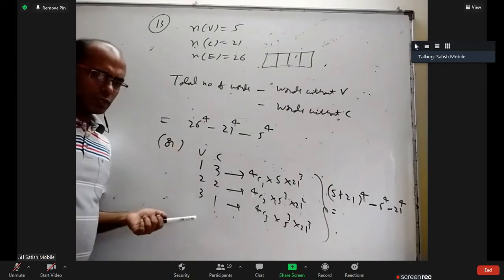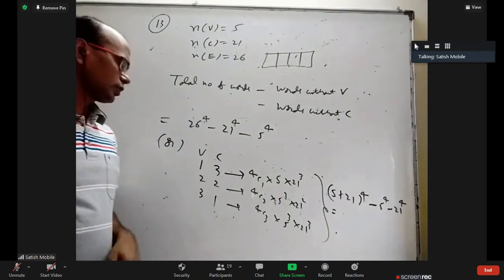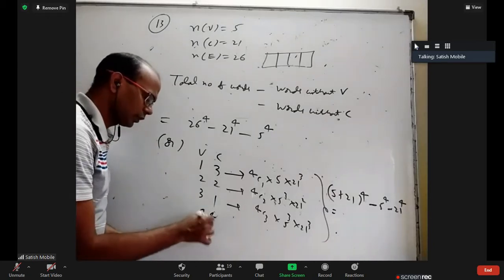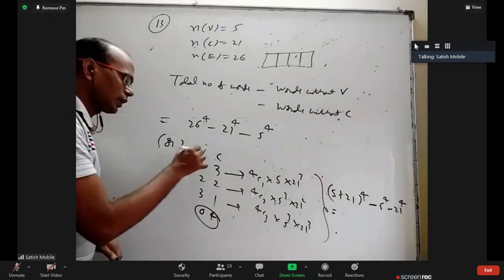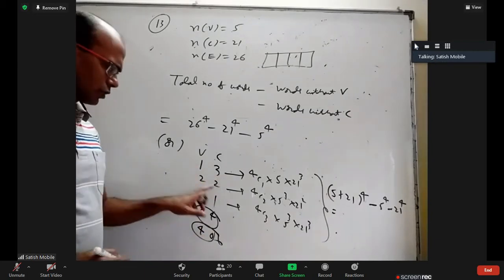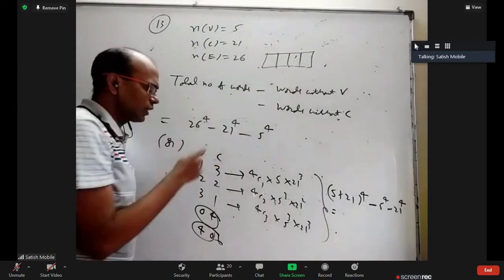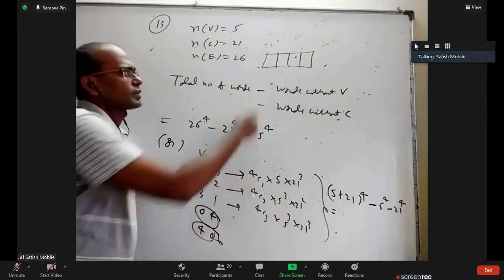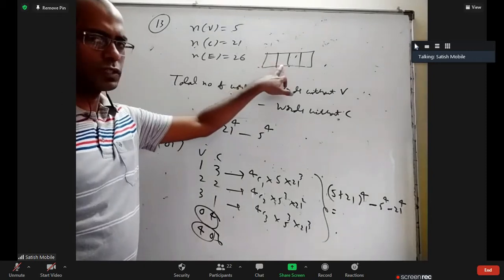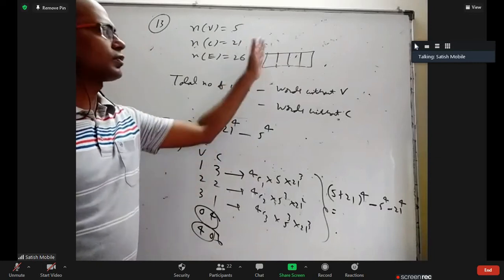The positive method you can also do. I have to make a 4-letter word with a minimum of 1 vowel and a minimum of 1 consonant. So how many vowels can I use? 1, 2 or 3. I cannot take 0 vowels and 4 consonants, nor 4 vowels and 0 consonants, because then I am missing one kind. So the cases are 1 vowel 3 consonants, 2 vowels 2 consonants, 3 vowels 1 consonant. First I decide among the 4 places where I put the vowel: 4C1 ways. Once you select the place reserved for the vowel, there are 5 ways to fill it. The other 3 places reserved for consonants can be filled in 21 ways each, so 21 cubed.